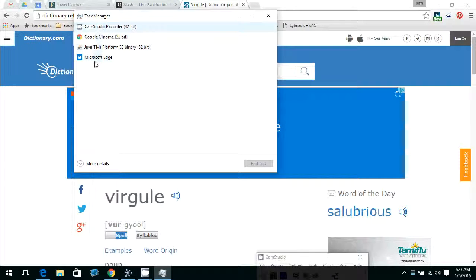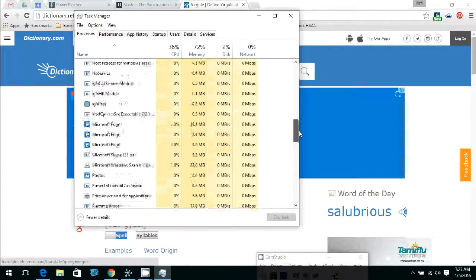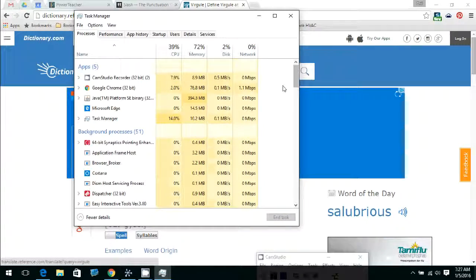Now Microsoft Edge is the Windows 10 browser, Google Chrome, which you can see behind the window. Cam Studio is the program I'm using to record this video. Task Manager is obviously running. We also have a program that uses Java, and so that's why that shows up. Now in Windows 10, you can click on more details and get an even more detailed list of